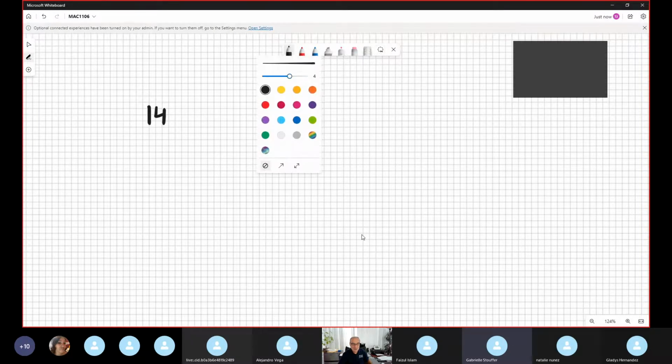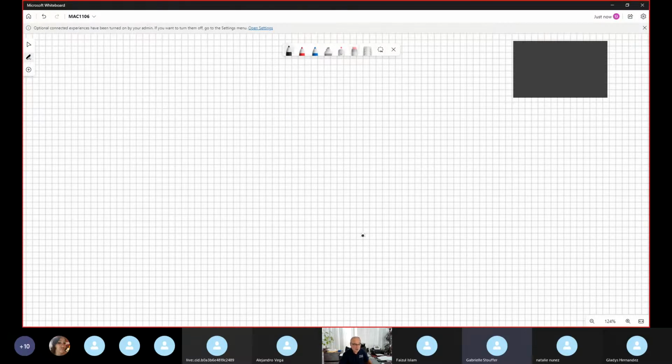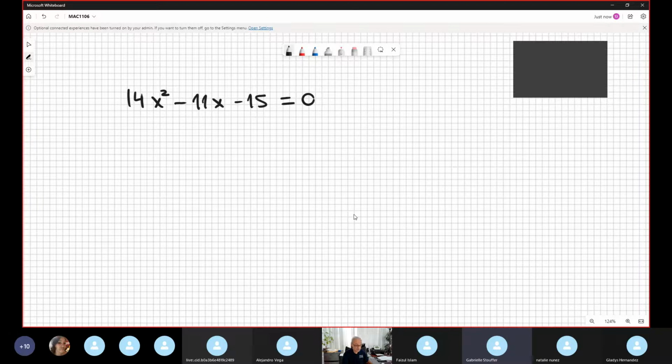But let me change a little bit. Okay. Erase. Now, the example is 14x squared minus 11x minus 15 equals 0. Okay, a quadratic equation already expressed in standard form. A is 14, B is negative 11, and C is negative 15. But unfortunately, I need to solve it using completing the square. It's a little bit weird, but it's important because in the test, one question is mandatory doing